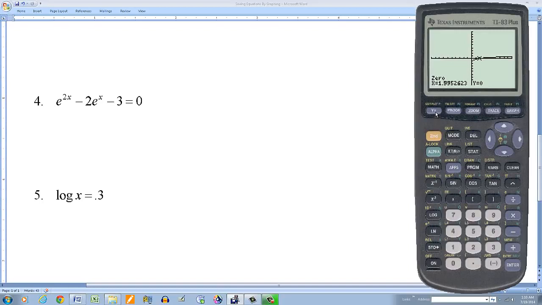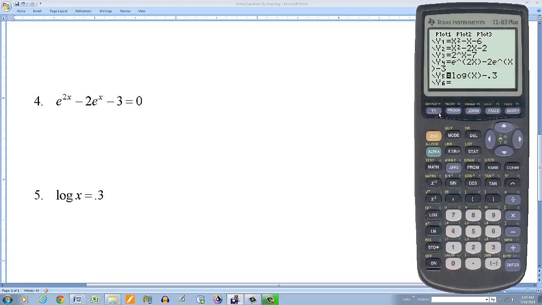Now you say, well, what happens if the graph does not intersect the x-axis? Well, then you have no real solution. So if you have a parabola, for example, the graph is a parabola and it's above the x-axis opening up, no points of intersection, that equation would have no solution. Or say a parabola that opens down, that's below the x-axis, does not cross, again,